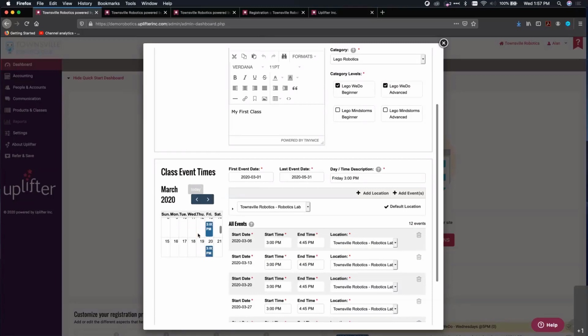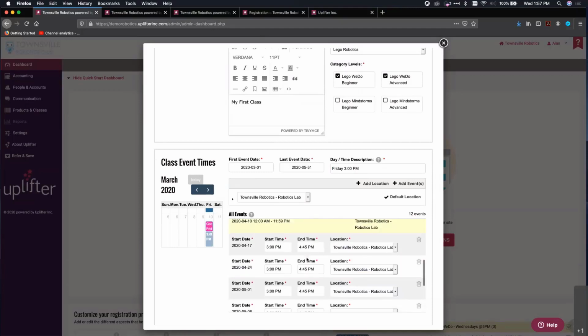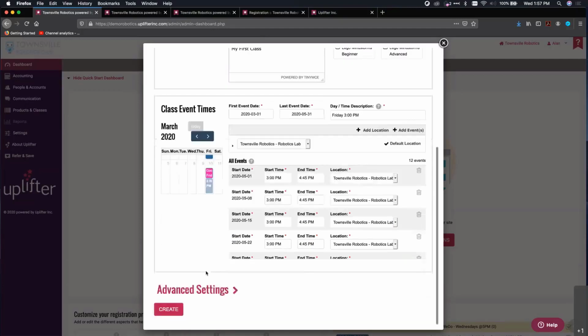And you'll notice here that it's created one class per week. And then as well, because there's actually a holiday in my class schedule here, you'll notice that there's one class here that's skipped over because of Good Friday. We'll get into that a little bit later, but you'll see that Uplifter has already created all of your classes so that you know when it is that your participants are going to be attending your classes. From here, you could very easily just click Create to see what it looks like, but let's dive into the